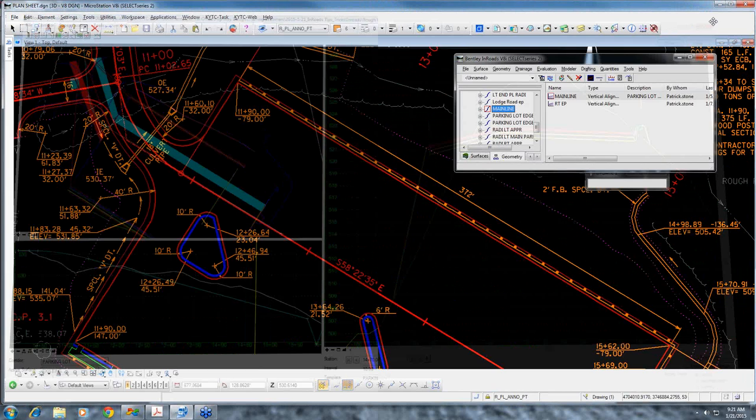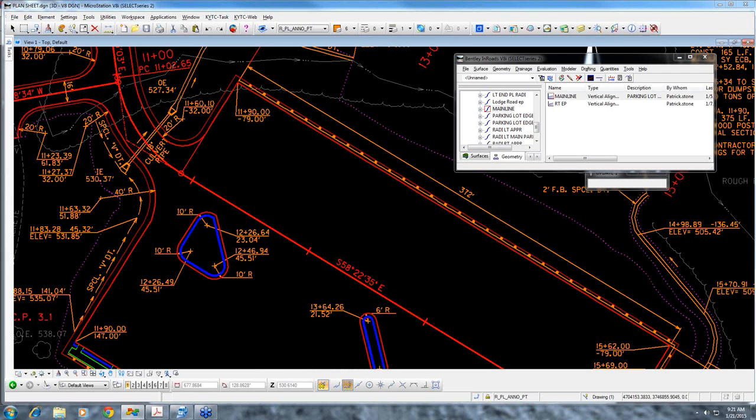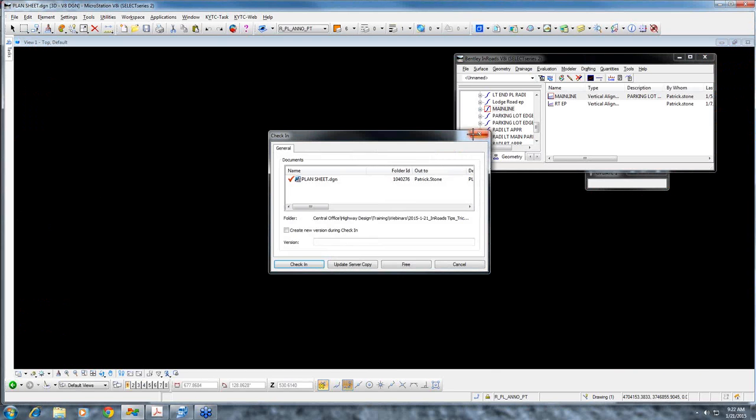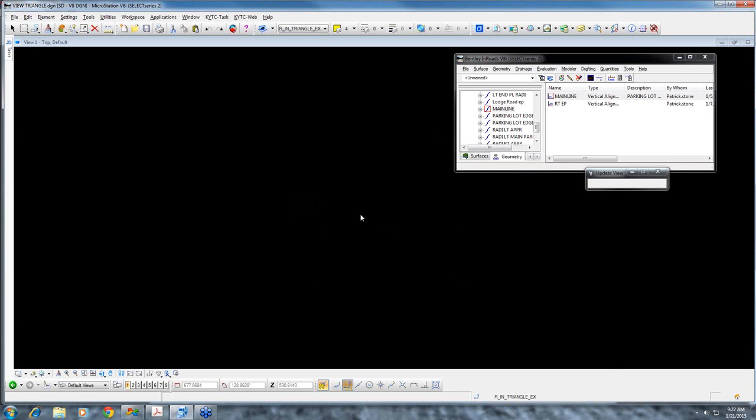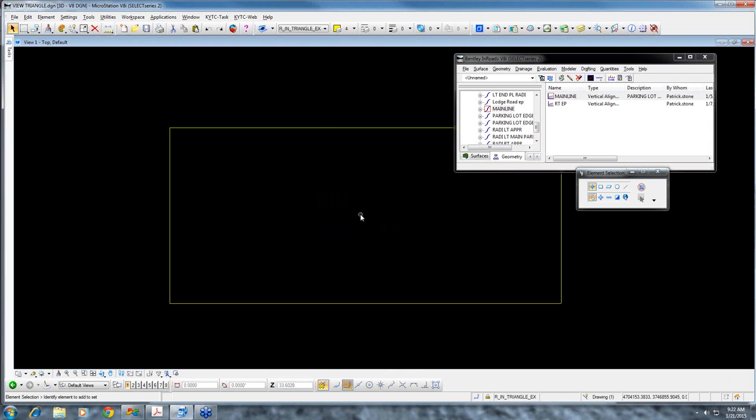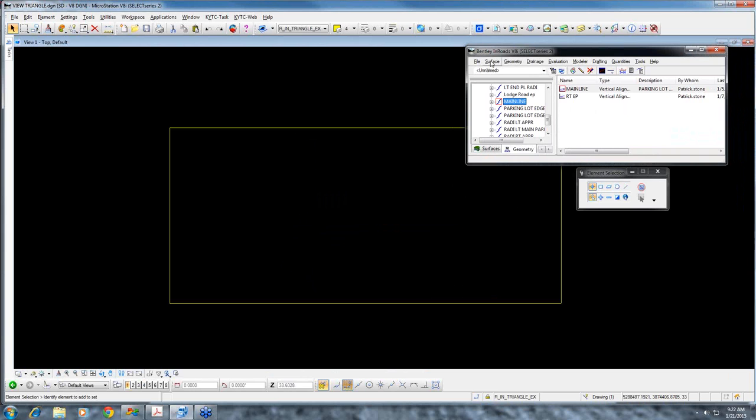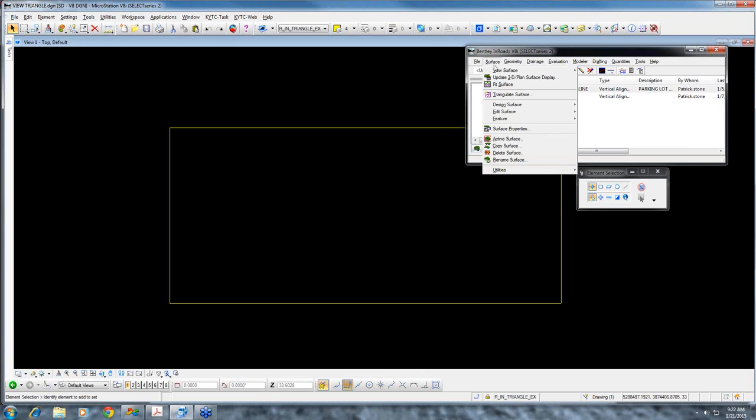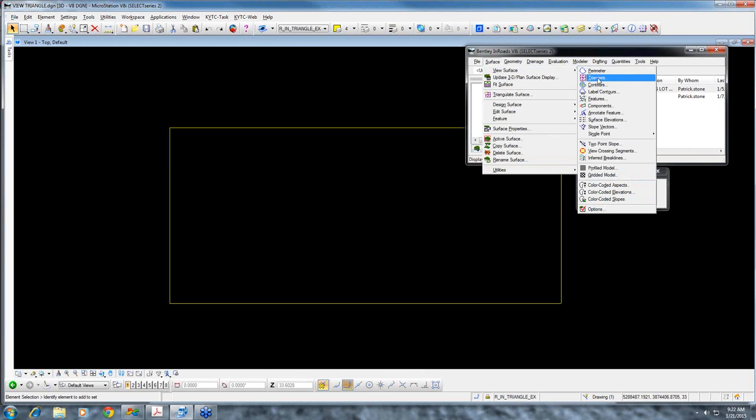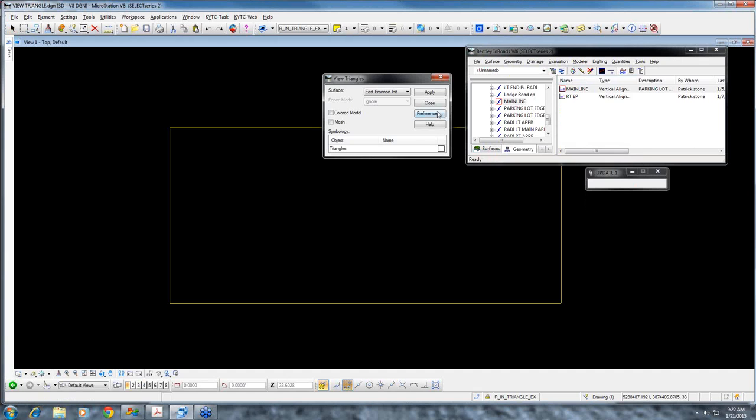Let's close. Now we're going to talk about viewing some triangles, different ways to view triangles, and the benefits of each. I've got a decent sized DTM that we're going to use here, an example. It's not monstrous, but it's bigger than a bigger bridge replacement. And what I want to show you is, if you go to Surface and you're viewing your triangles, we have